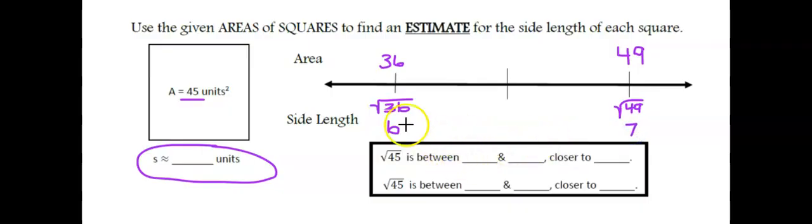So what we just discovered is the square root of 45, which would be somewhere on this number line between 36 and 49, falls in between the numbers 6 and 7. The square root of 45 falls between 6 and 7. So let's put 45 on our number line in relation to the 36 and the 49. 45, I know, falls between 36 and 49, but I also know it's more than halfway. The halfway mark between 36 and 49 is going to be